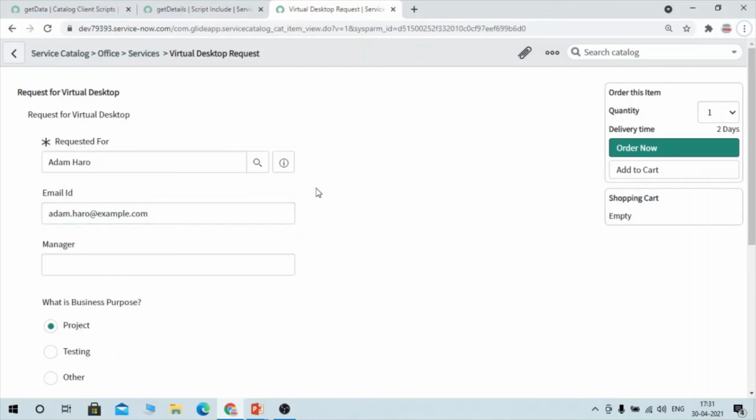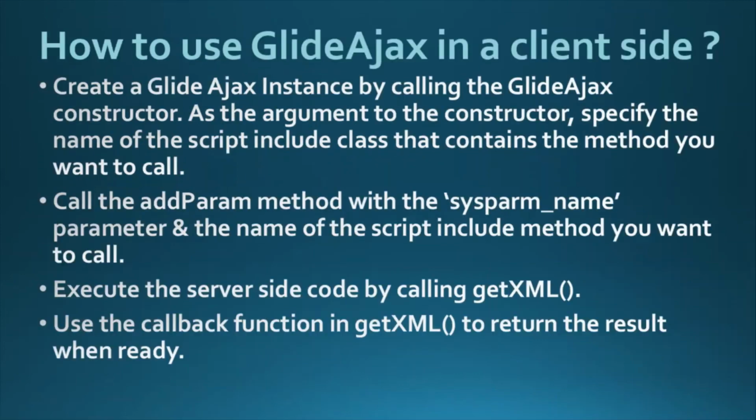So this is how you can implement the script include and client-side Ajax. I have given a very simple example, but it might have cleared all your doubts. You can take a screenshot of how to use GlideAjax in a client script. I have tried to make a note of it so you can refer to it and remember the steps, like first what you have to do and second what you have to perform.